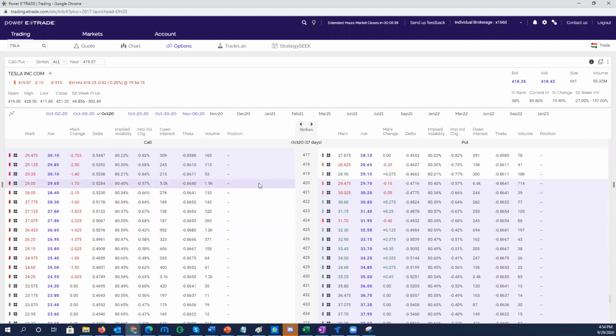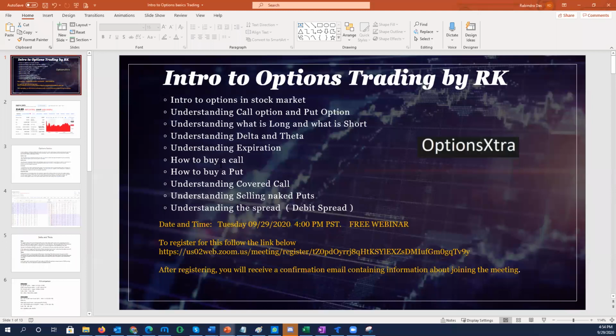The other good part, another one I had in the PPT, is selling puts. This is kind of a beginner thing. You guys can do covered calls, because if you are holding something like Apple, you can start doing covered calls. Also, there is another one called selling naked puts. This is a very good one. Instead of naked calls, you guys should do naked puts. I'll tell you how beautifully it is done.